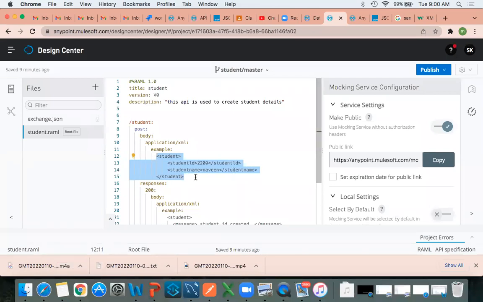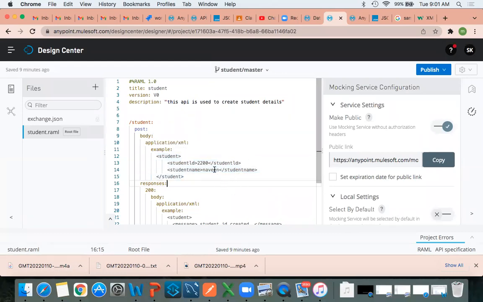Okay. But there is no use, right? Based on our requirement only, we can pass this. Okay. So if you pass any XML, then it will be validated, right? Yes. You'll get a 200 status code, right? If you send any valid thing, it will display. Why? Because this is dummy.